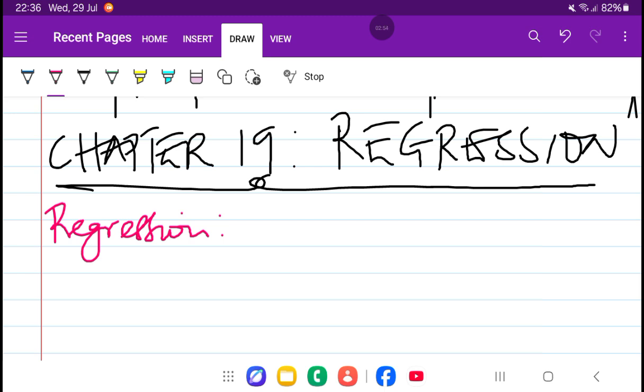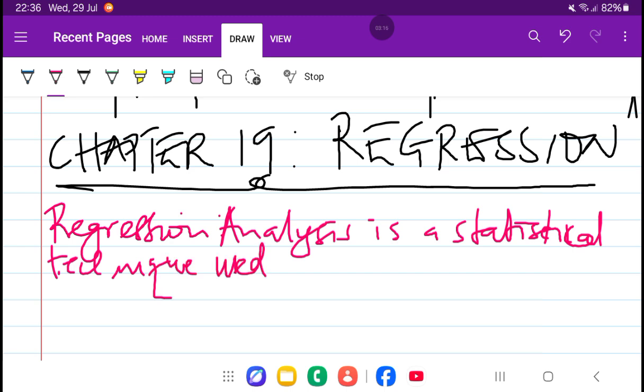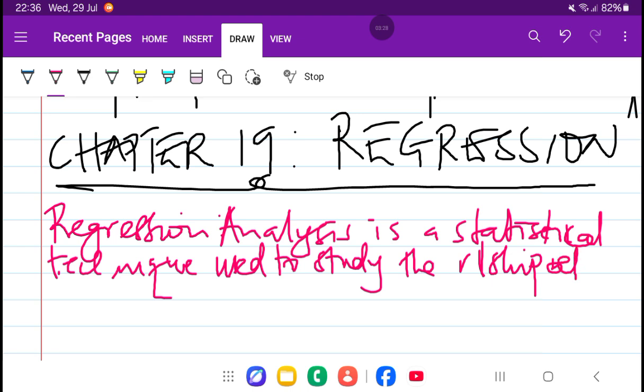Of course, regression, or what you call regression analysis, is a statistical technique used to study the relationship between